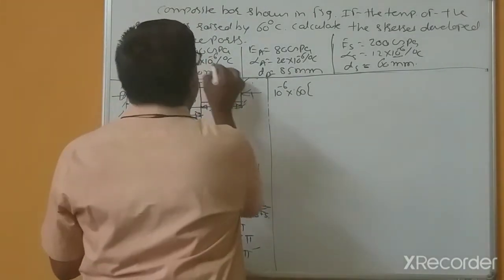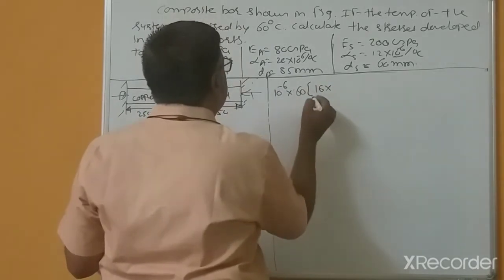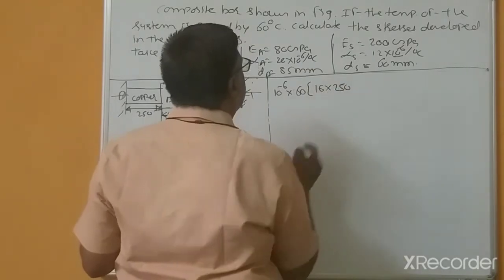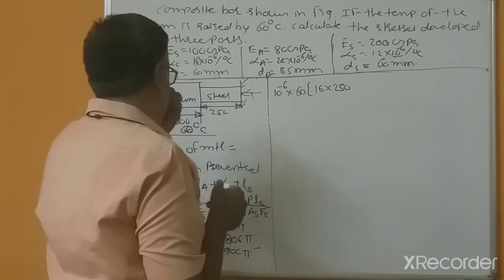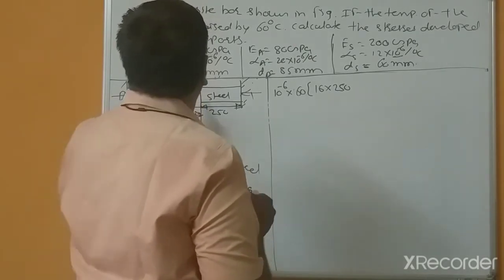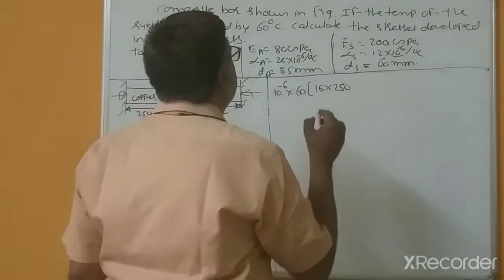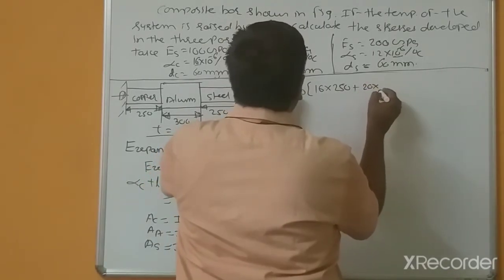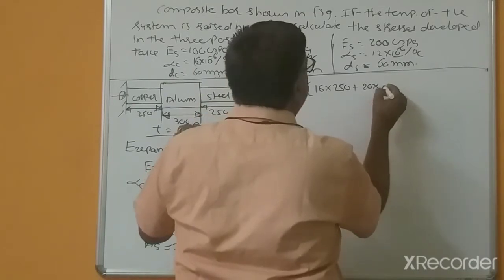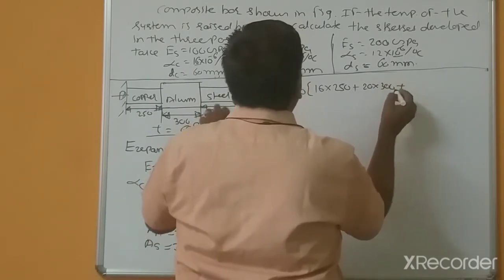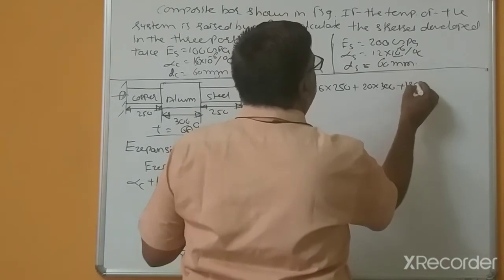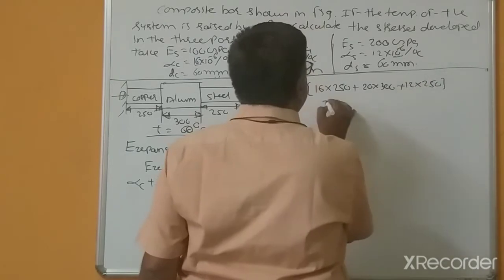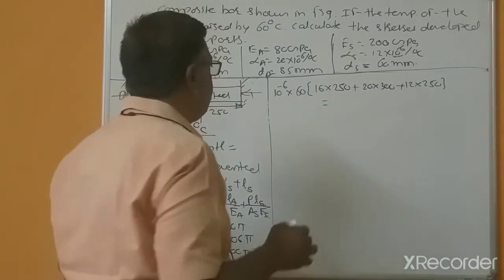This is 16 multiplied by LC 250, plus this is 20 into 300 plus 12 into length 250, this is equal to, now by taking common, P,